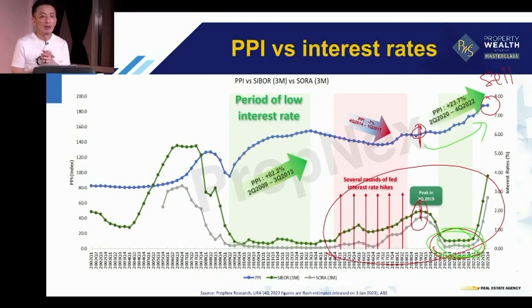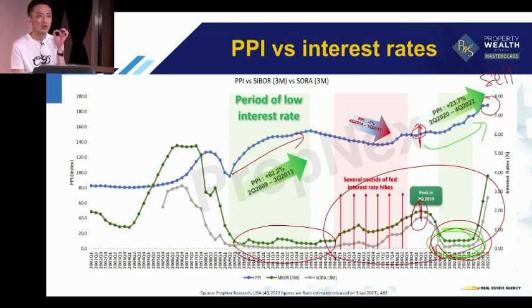Property price up or down is because of demand and supply. When there's supply but no demand, price will fall. But because of low interest rate, there is demand, that's why the price went up. You look at here, interest rate was low. What will happen next? You see the price going up. So what am I trying to tell everybody? When the interest rate next year starts to fall, the next thing that happens will be property price.